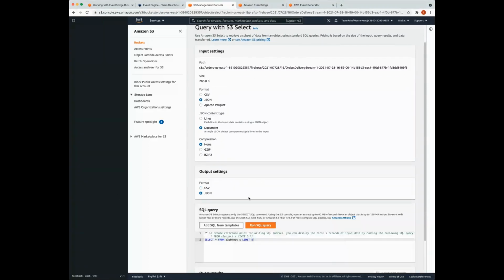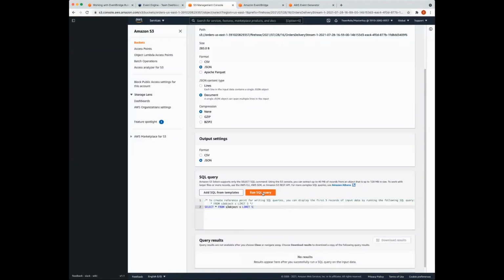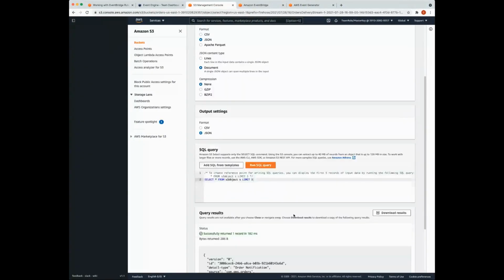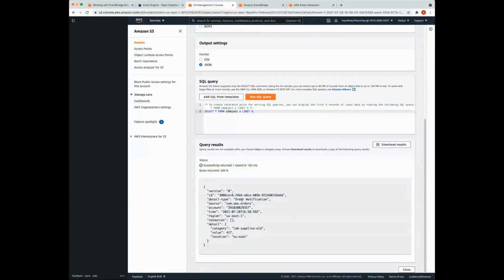And we're going to hit run SQL query. And as you can see here, we have returned an EventBridge event, complete with our envelope metadata and our event payload. So are we all following? Are we all caught up?